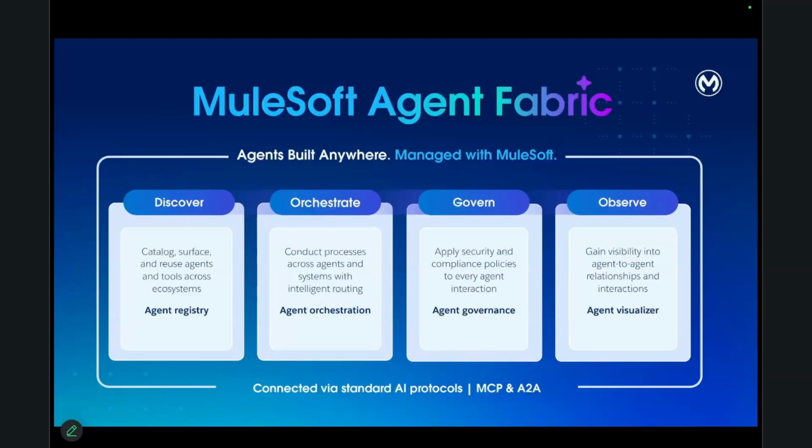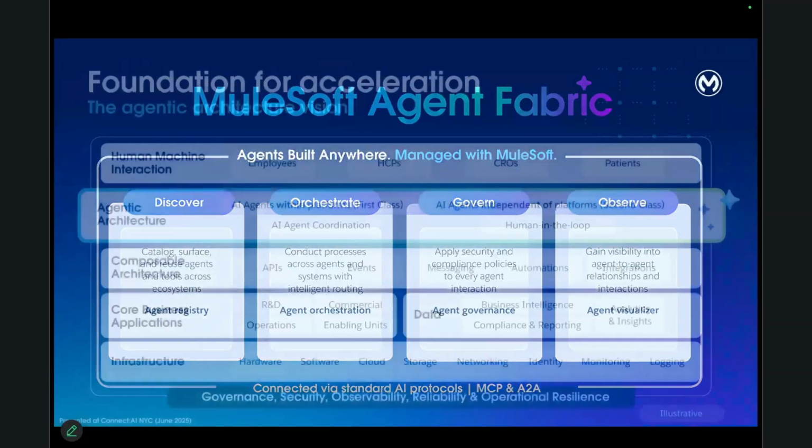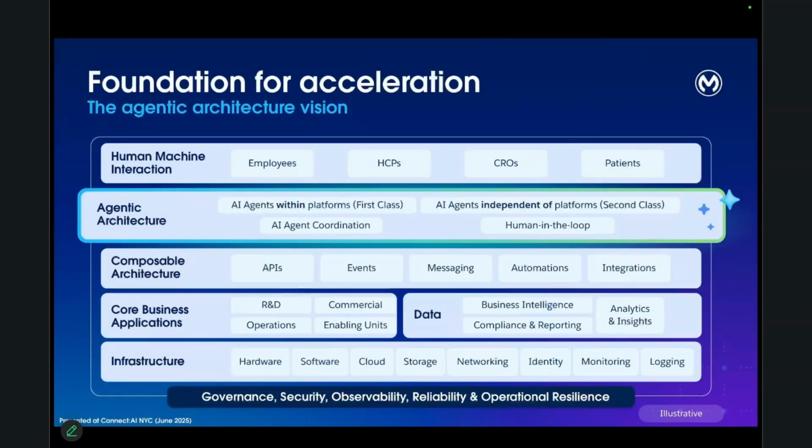Now, along with that is agent governance, the ability to implement security policies in an enterprise consistent way across all of these different agents. As mentioned before, every agent has its own style and has its own security, or in some cases, even lack of security. So Agent Fabric gives you a consistent way of governing those agents and then providing observability, visualization, being able to see live how agents are interacting, where there are hotspots, performance issues that might need to be dealt with. All of this, of course, is based on the emerging standards of MCP and A2A. And later on in this webinar series, we'll talk about more of the details of how MuleSoft helps you implement those.